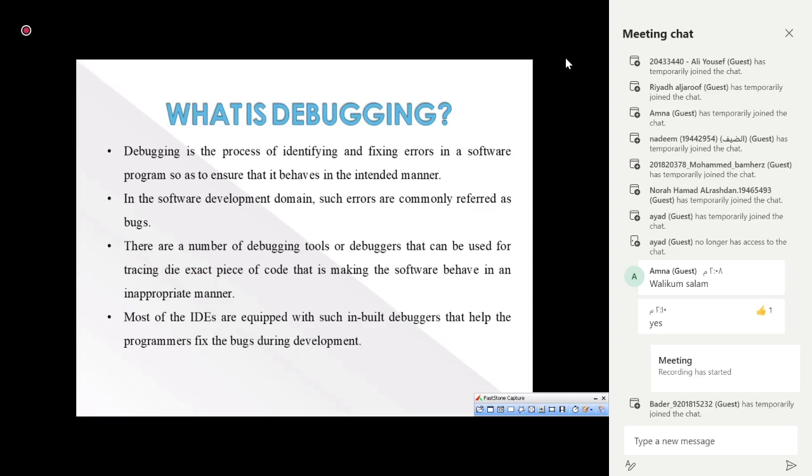That for whatever purpose we have designed this program, it behaves to give us that purpose and give us that particular output, or the results. Okay, so in that case, if there is an error, identifying those errors and fixing those errors is nothing but